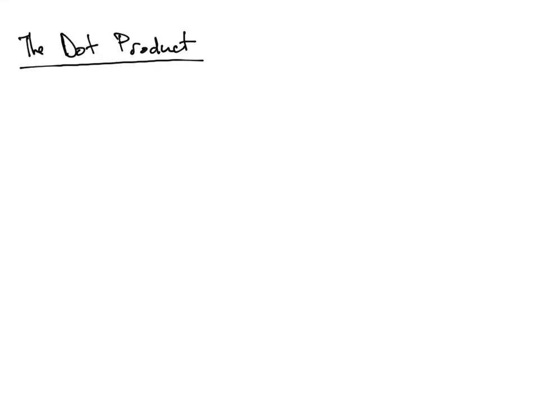In this video, I'm going to be going over the dot product. The dot product can be given as vector v and vector w, so this is the dot product here. It's not simply multiplication. How we define the dot product is we say